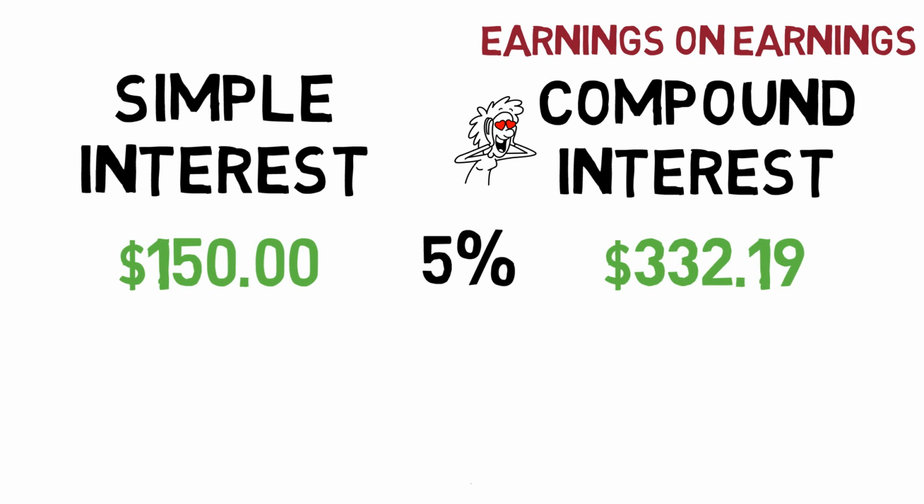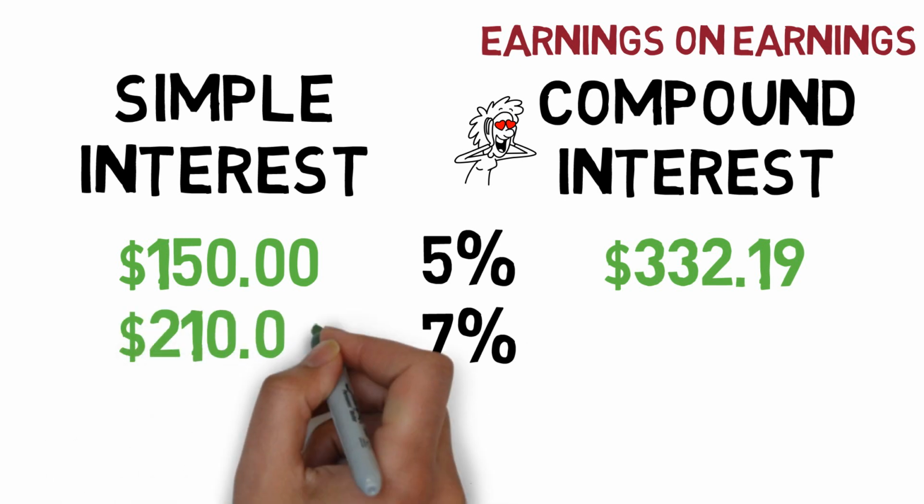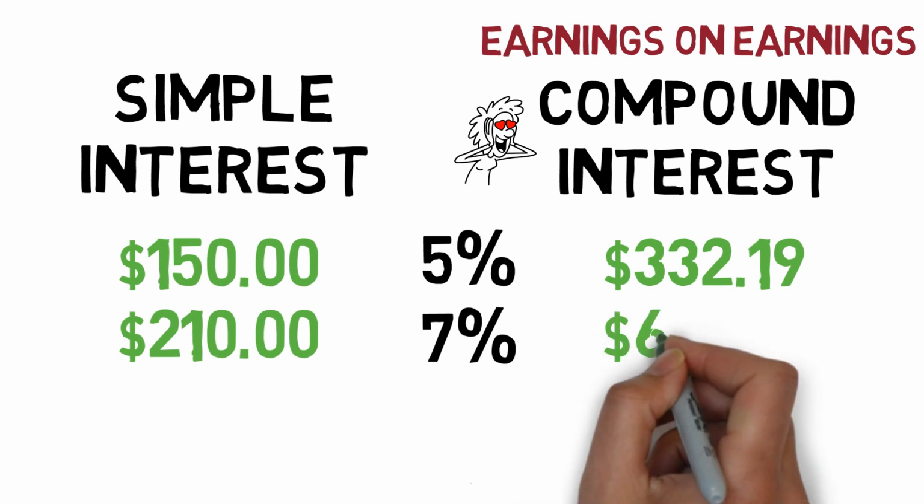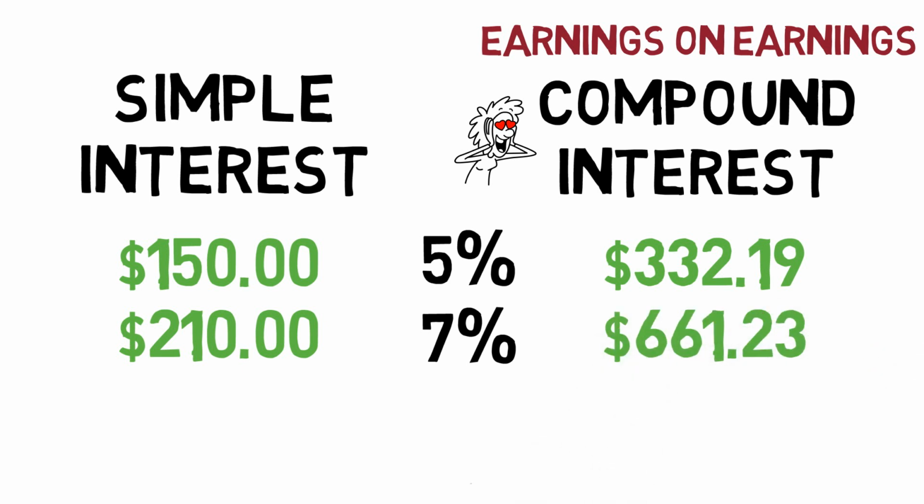Well, let's take a look at what happens to our comparison if we change the rate of return. If we were able to earn 7% every year, then we would have earned $210 in total interest in scenario 1, but $661.23 in scenario 2. Now, you'll see a lot of references in older books on investing and even on the